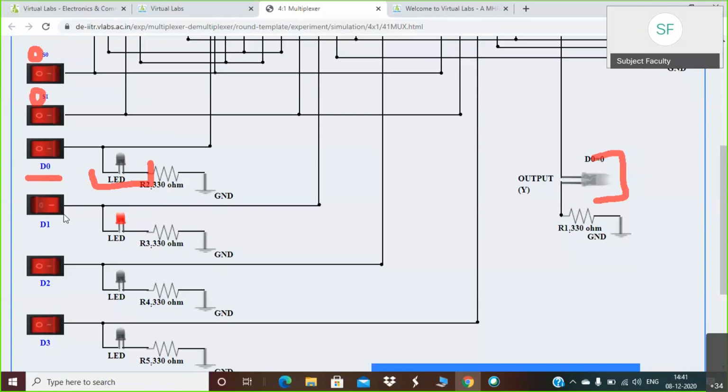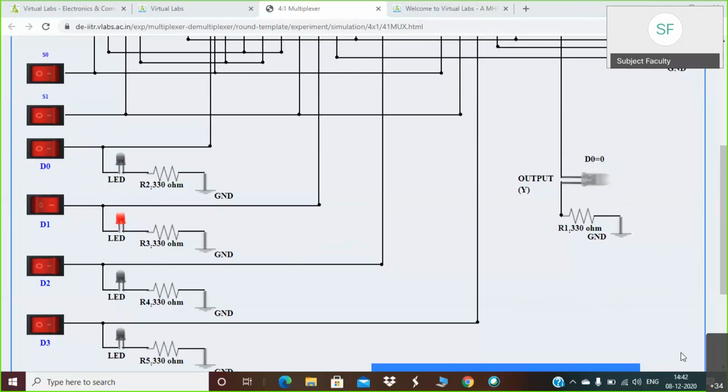Whether there is any change in D1, D2 or D3, it doesn't reflect on the output, because currently the D0 input has been selected.